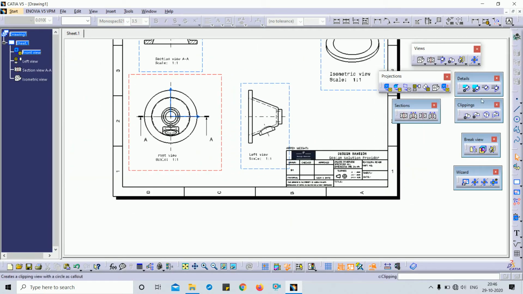In the detail toolbar there are 4 commands, and after that next is the clipping view. Here there are 4 types of clipping view, similar to the detail view. This is my clipping view, where I just select that view.